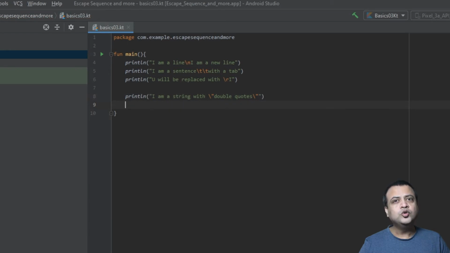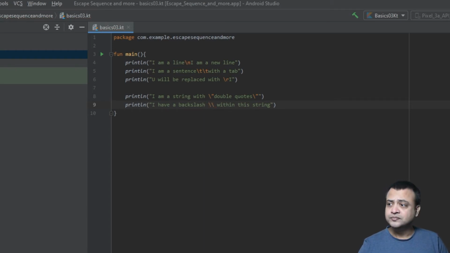And now you must be wondering, what if we want to use backslash within a string? Let us try that. As you can see, Kotlin does not look happy with the fact that we added a backslash within a string. It is saying that we are using an illegal escape sequence, but we were just trying to use a backslash. In such situations, we can use another backslash to escape this backslash. Let me show you how.